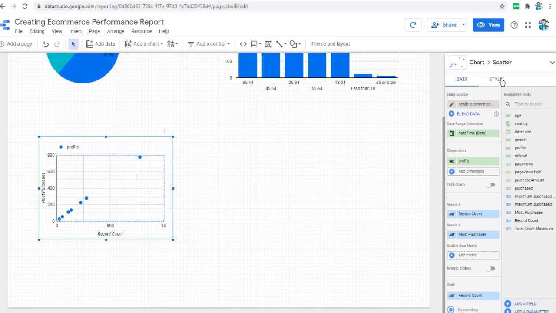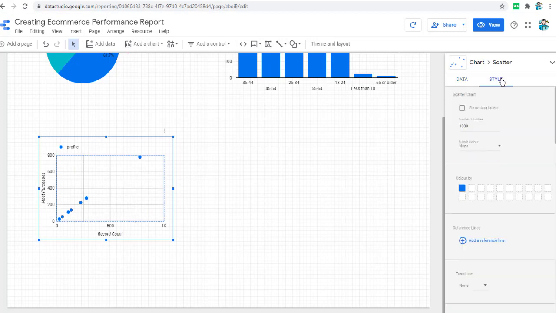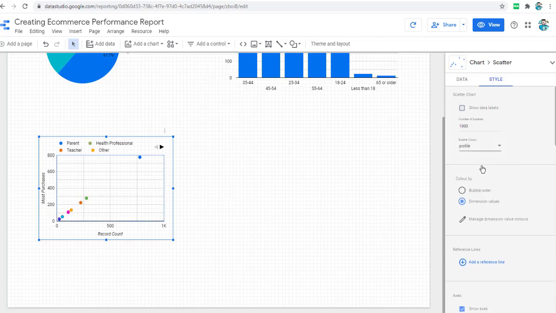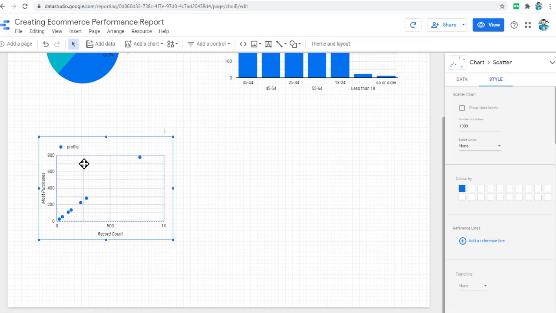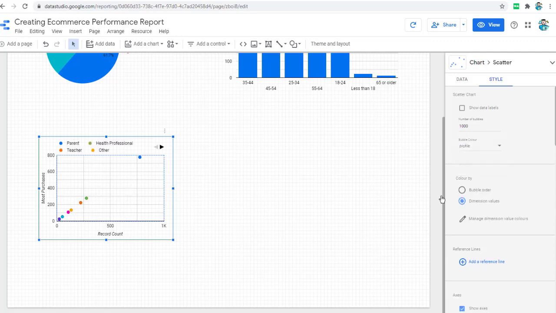All right, so we're going to go to style and enable show data labels. All right, probably it doesn't look very good, so we're going to disable it. We're going to enable this. So instead of just showing profile, if you put it at none, it will just show it a profile. It doesn't look very useful. So now when we change it to profile, it shows you the actual profiles.